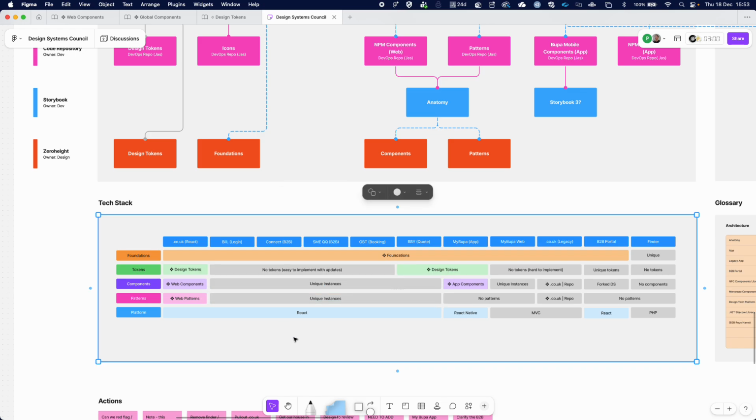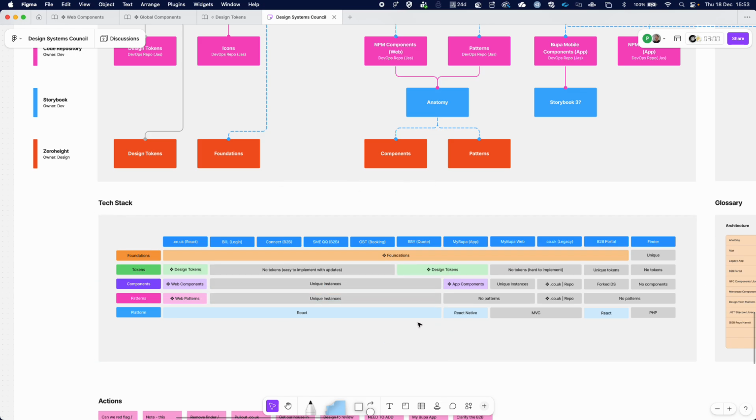Try and line these up as best as you possibly can. So patterns fill out. Important to know the .co.uk repo. That is where the legacy .co.uk stuff is going to live. And